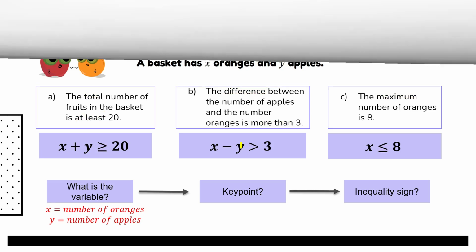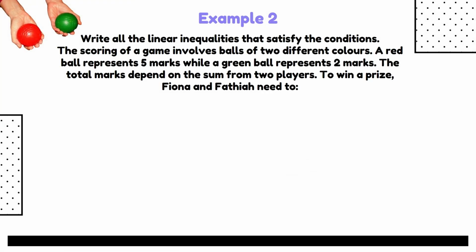Nice. Okay, next. Example 2. Write all the linear inequalities that satisfy the condition. The statement says the scoring of a game involves balls of 2 different colors. A red ball represents 5 marks, while a green ball represents 2 marks. The total marks depend on the sum from 2 players. To win a prize, Fiona and Fatia need to